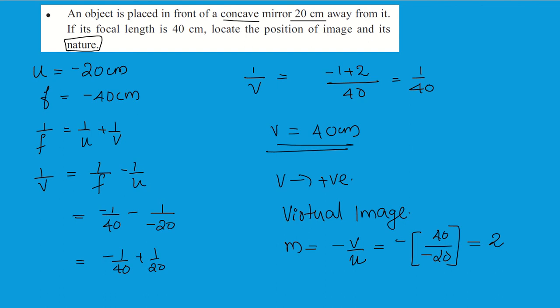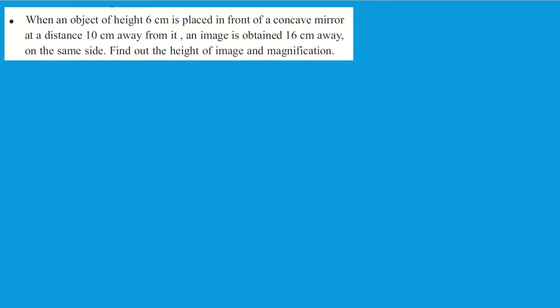So this is when the magnification is greater than 1. So this is a magnified image. So what is the nature of the image now? It's a virtual magnified image, virtual image and magnified image. This is how we identify the nature. So we have to check whether the magnification is greater than 1 or less than 1. If you see some value like 0.2, 0.5, etc., then it is going to be a diminished image. Okay. Moving on to the next question.